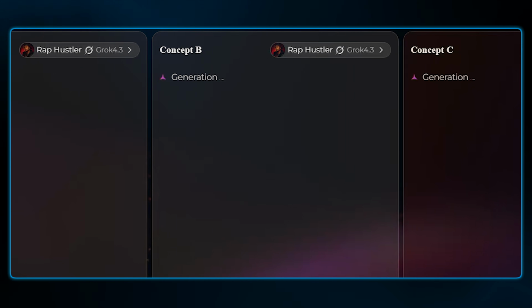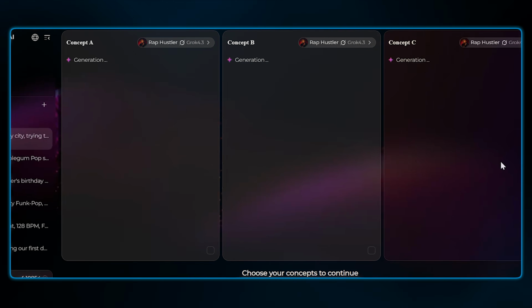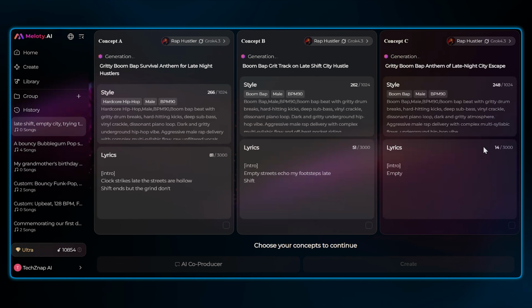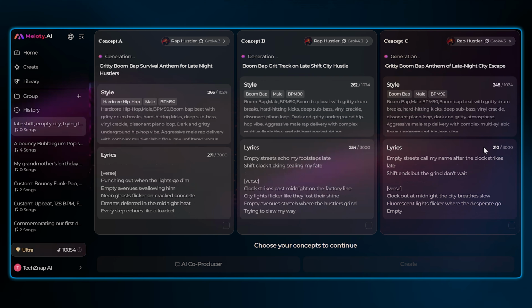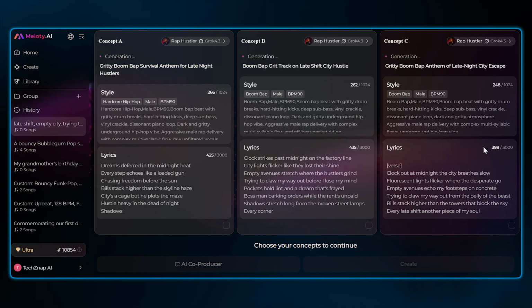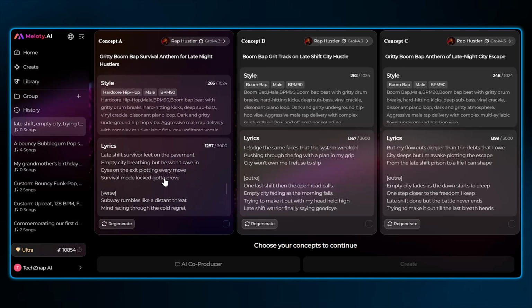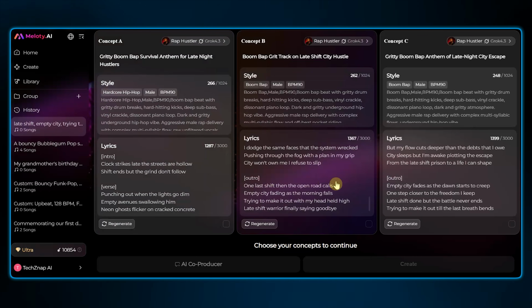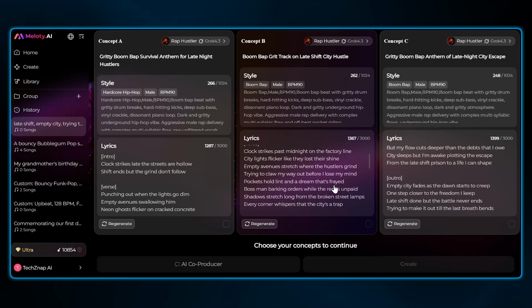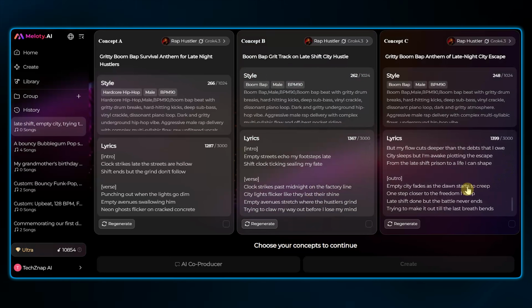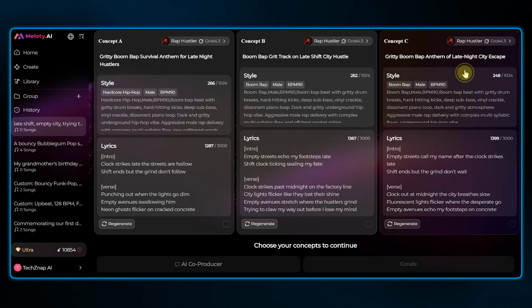Watch what it does. It doesn't just spit out lyrics. It merges the lyrics and the style into one unified concept. And it gives me a few versions at once to choose from. And the writing actually has some teeth to it. This is the difference when an agent is running on a flagship language model instead of a generic one. The wordplay lands, the imagery is specific, it's not the usual filler. I'll pick the version I like best.